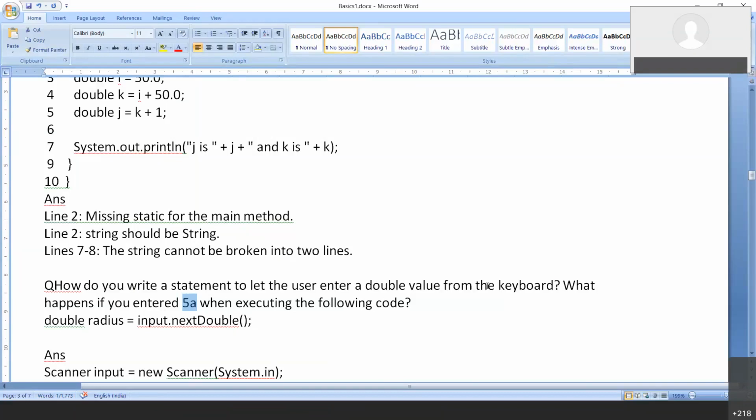So kindly open your program, write double radius is equal to input dot next double, execute it, type 5A and tell me what error it is going to give me. Input mismatch exception. Good.